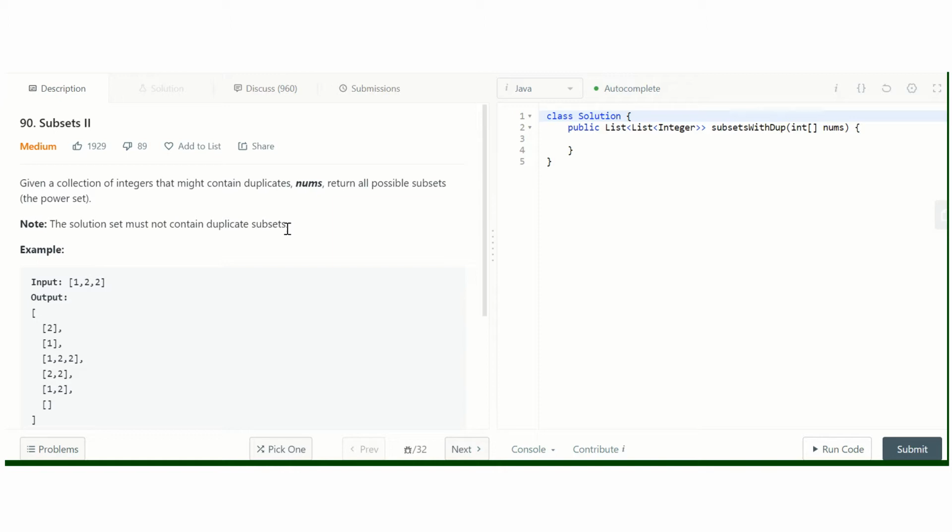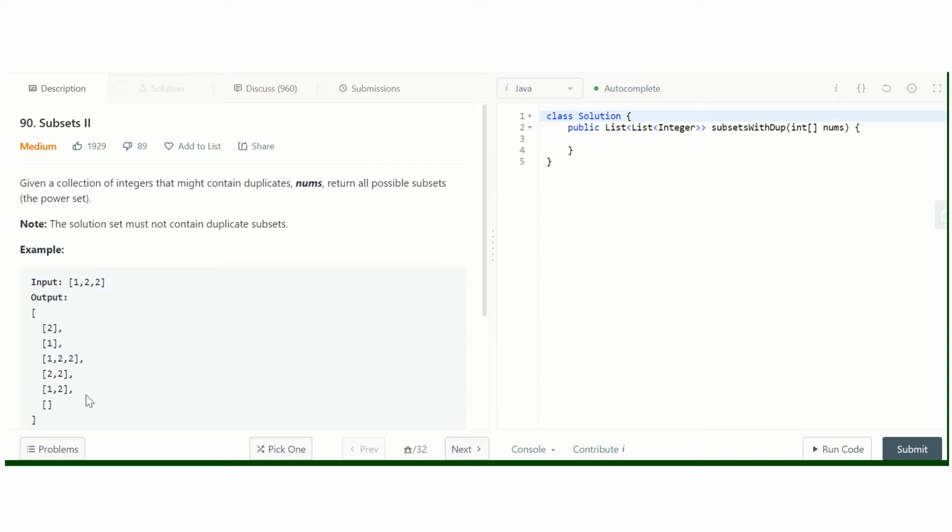In the previous case, when there is no duplicate, the total number of subsets is 2 to the power n. Here they are going to be less than 2 to the power n, as is clear from the example. 2 to the power 3 is equal to 8, but here only six distinct sets are there. So how are we going to calculate these unique sets?